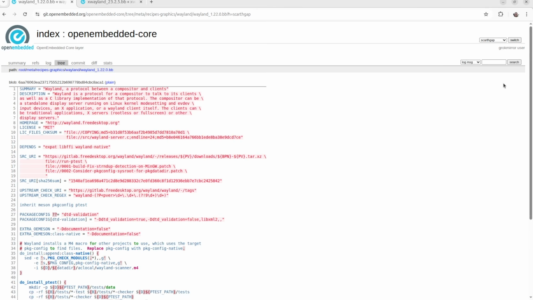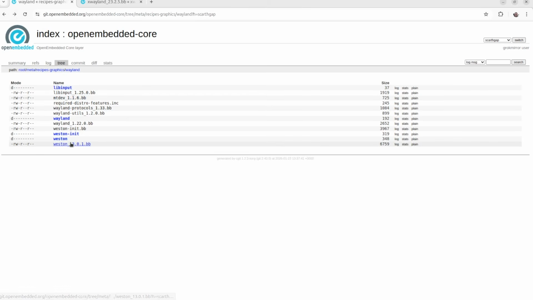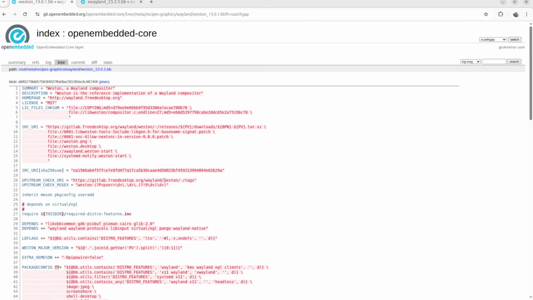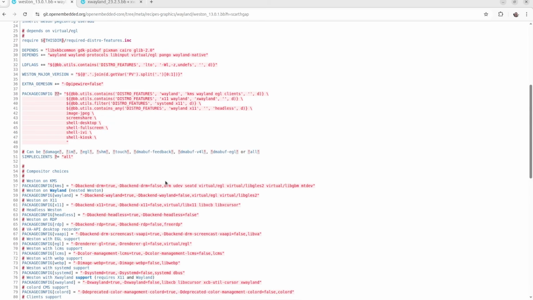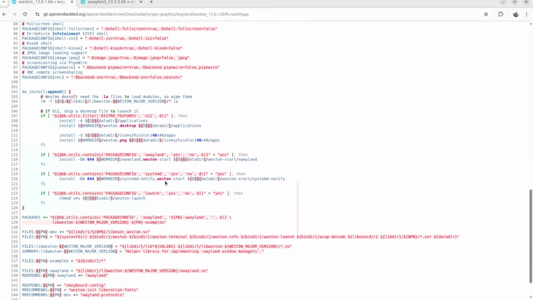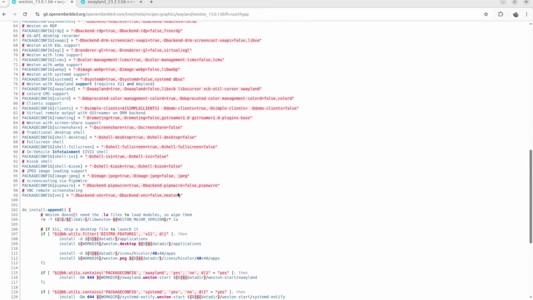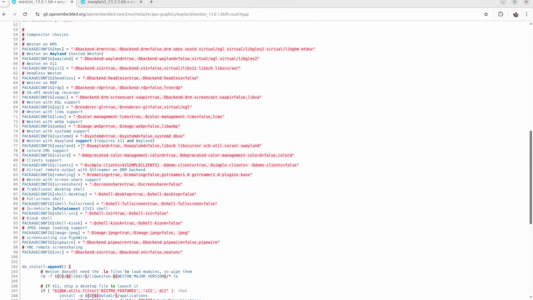So Weston version is number 13 and the version of Wayland is 1.22. Newer versions are available in the master branch or in the newer releases. The Weston recipe has a package configuration for X Wayland. When we have X11 and Wayland in our distro features, this is our use case actually, this brings X Wayland